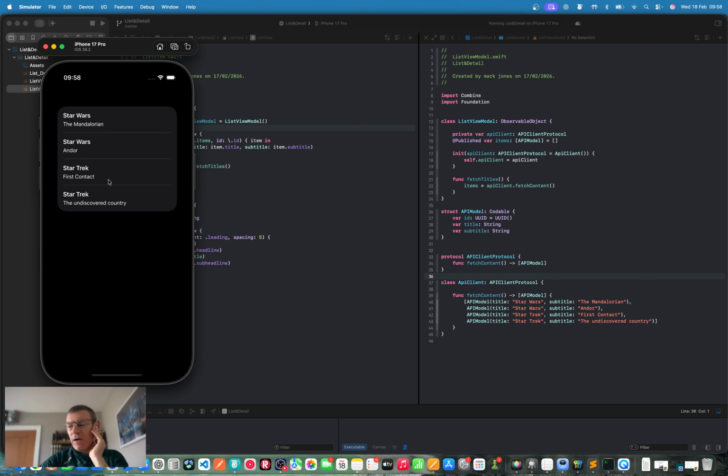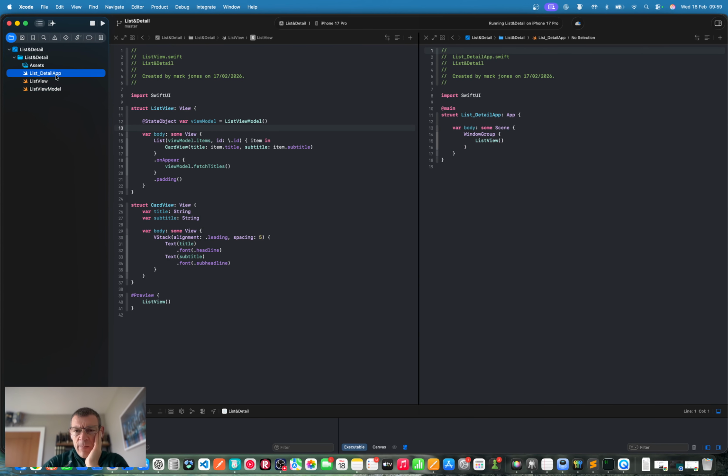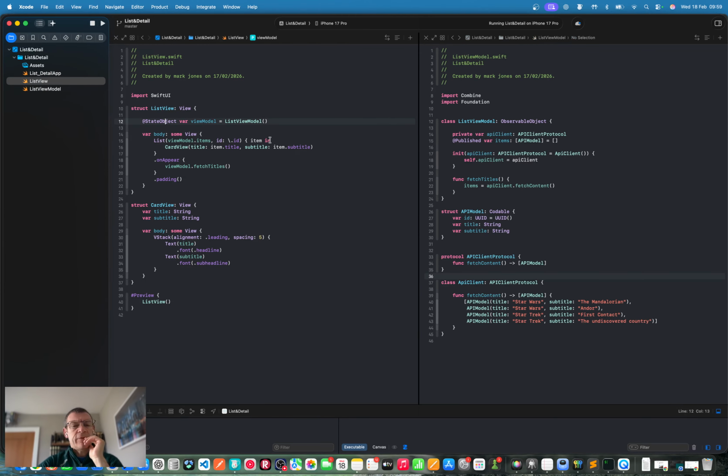So we've just got a list of movies and the franchise that they belong to. Two Star Wars, two Star Trek. Great stuff. If we look at our application, we've got our app file, which is just launching the list view, an empty list view. I use this left canvas because I just feel it's more natural to me. And the list view itself has a view model because we're going to implement MVVM because it's a small app and it's an easy separation of concerns